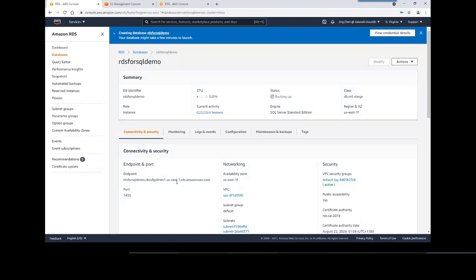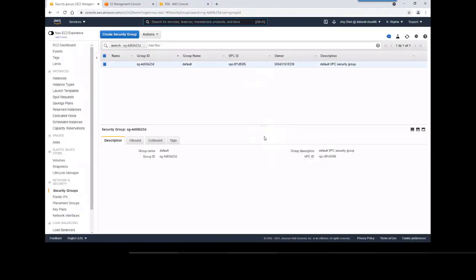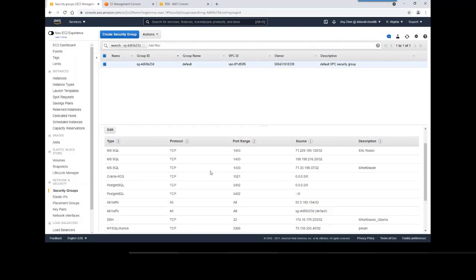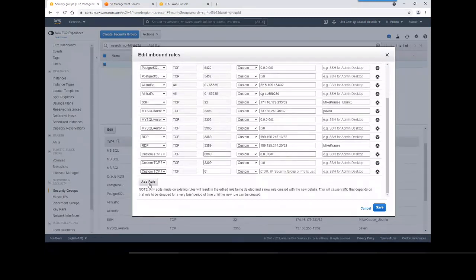So in order to connect from your on-premises instance, you know the endpoint and the port number, right? In this case, we need to modify the firewall, the security group, to enable the connection. Okay? So just click on security group there. Once you're there, you'll need to click inbound, right? And then we're going to add a rule,